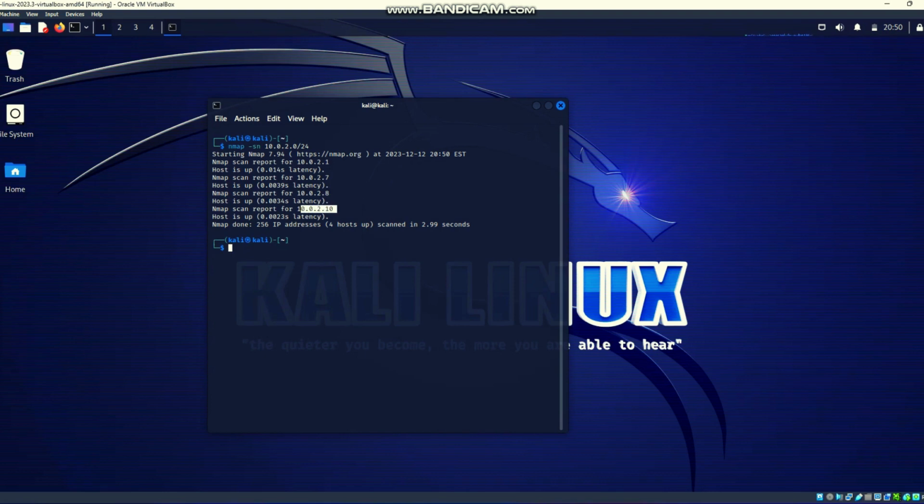So this is how we perform a ping scan using NMAP. It's nmap -sn. That's the parameter that shows we want to perform a ping scan. And then we specify the IP address, as simple as ABC. Now, the next thing we want to perform is